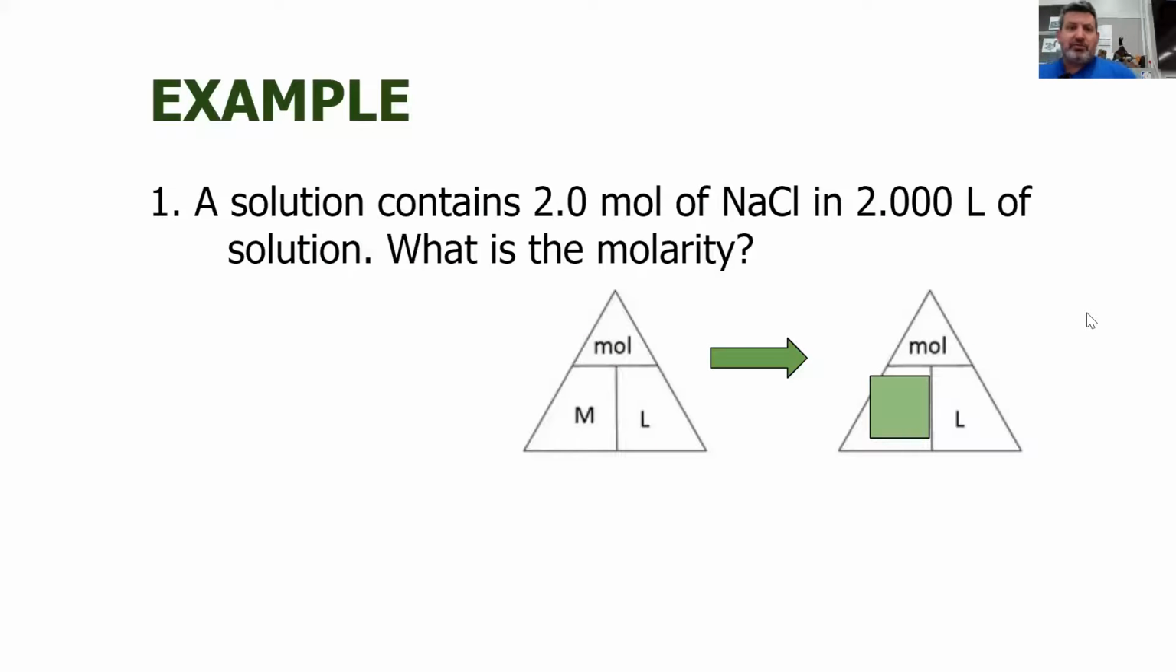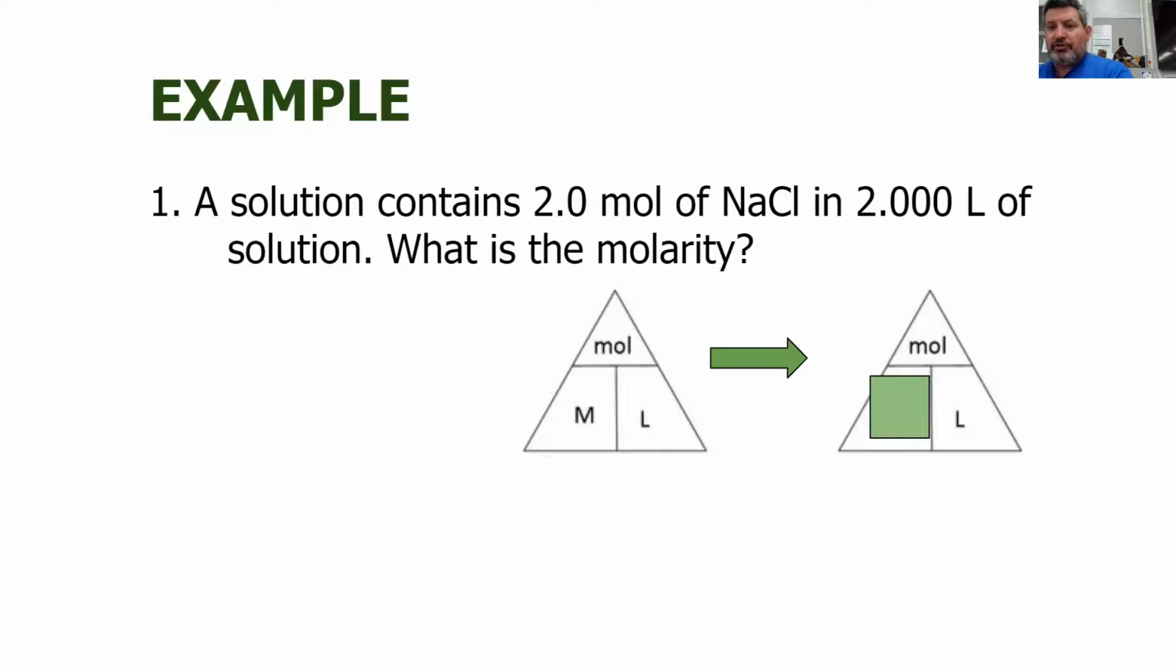Let's look at an example problem. It says a solution contains 2 moles of NaCl, that's sodium chloride salt, in 2 liters of solution. And it says, what is the molarity? So you'll notice that I covered up the capital M, the molarity, because that's what it's asking for. So whatever it's asking for, cover it, okay? Notice what's left